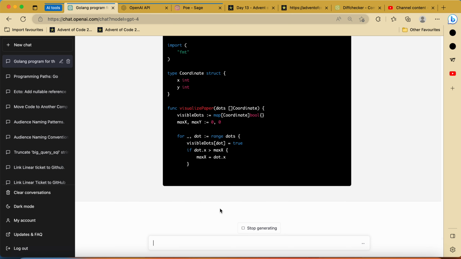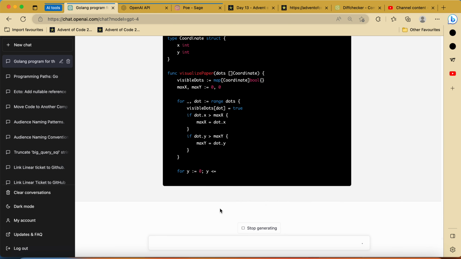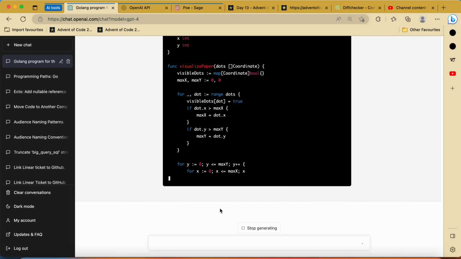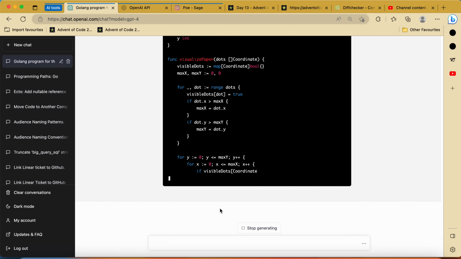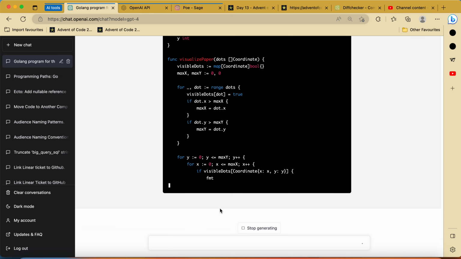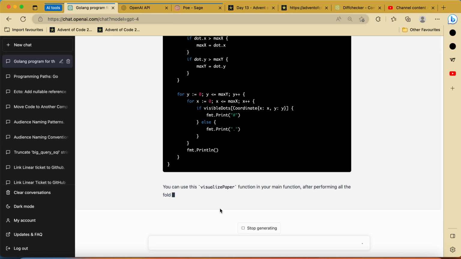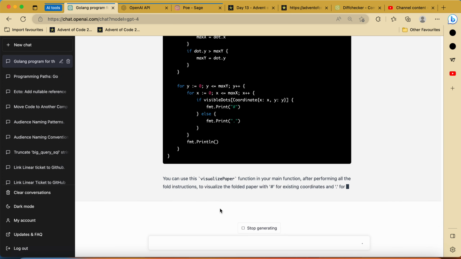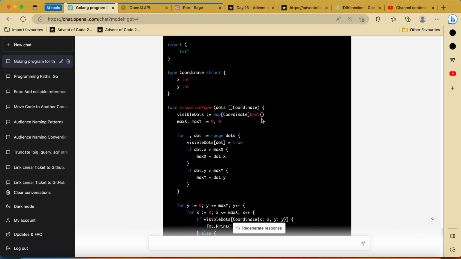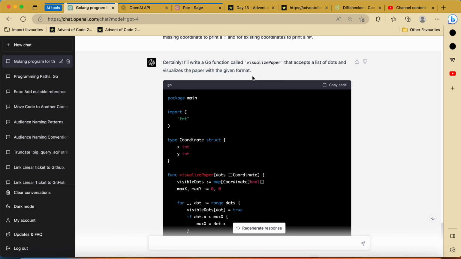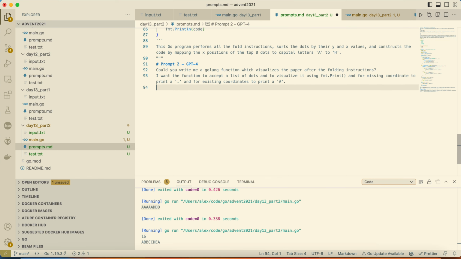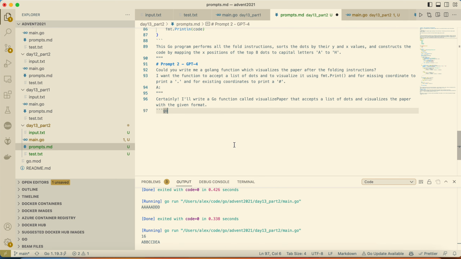Okay, it's already doing it correctly. It's finding the max of x and y, and it's going through them and checking: is there a coordinate here? If not, a dot. It's printing a new line. Absolutely magical. It's exactly what I was thinking to do, but done better than what I would do. It's really